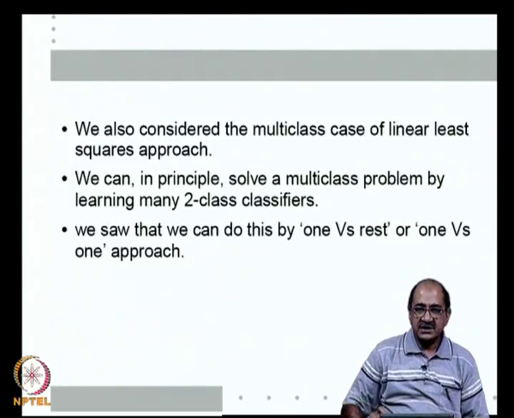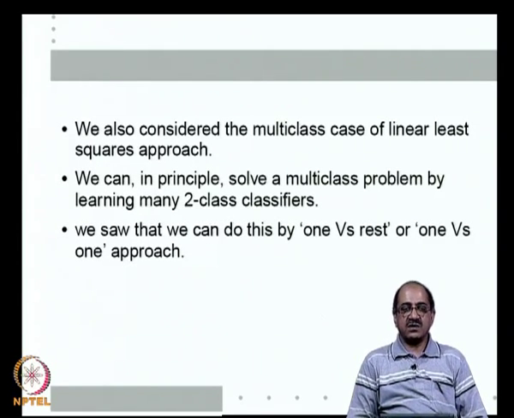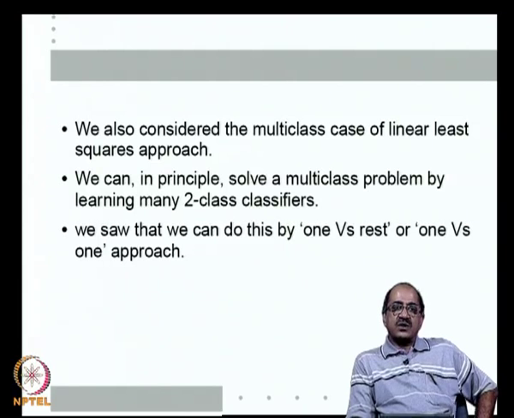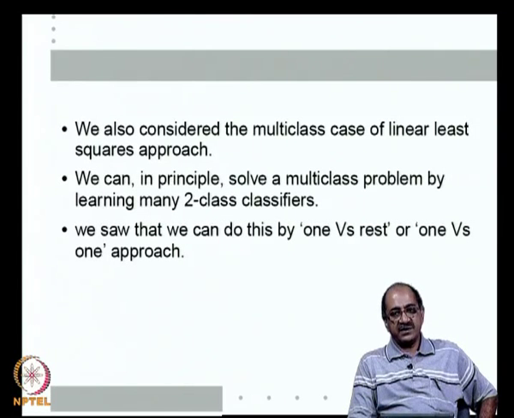As I mentioned, there are essentially two approaches, which may be called one versus rest or one versus one. What does one versus rest mean? Suppose I have got classes C1, C2, up to Ck. So, I learn a two class classifier which classifies C1 or not C1, similarly C2 or not C2 and so on. So, I will have k number of two class classifiers. Once I learn them, I give the new